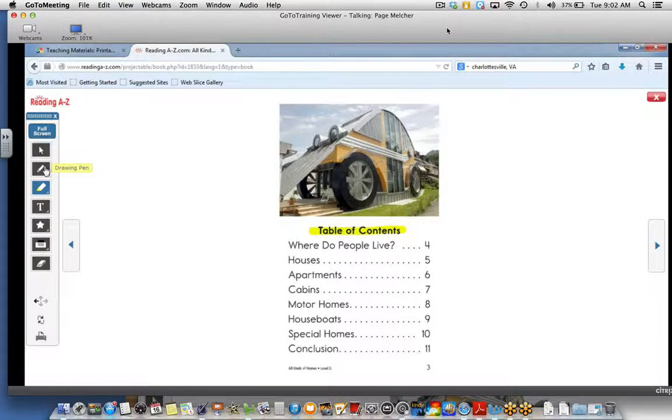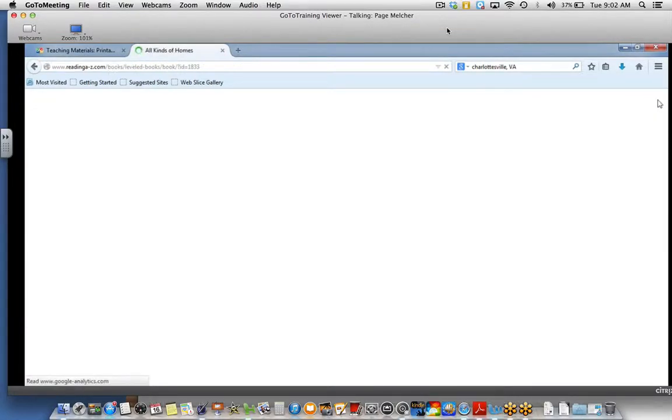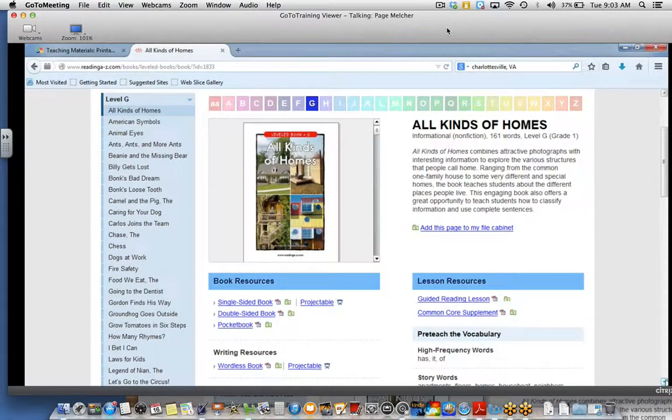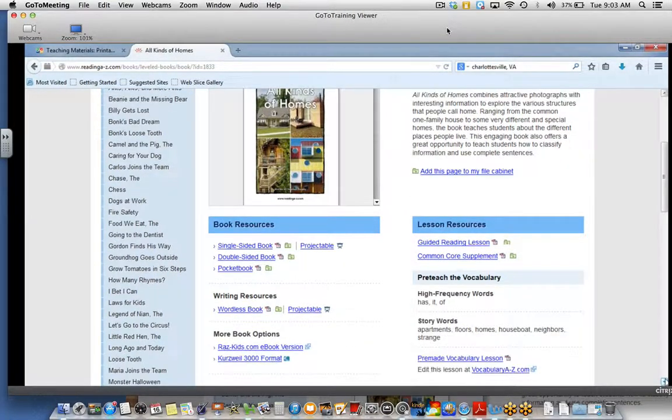And so if we look, there's drawing, text, stamps, and then hide and view, hide and show. And these are available for, I'd say, 90% of the Reading A to Z resources, 100% of the books. Great. But additionally, some of the supporting lessons and anything new that is added comes in a projectable format, and then all the Science A to Z material too. And then